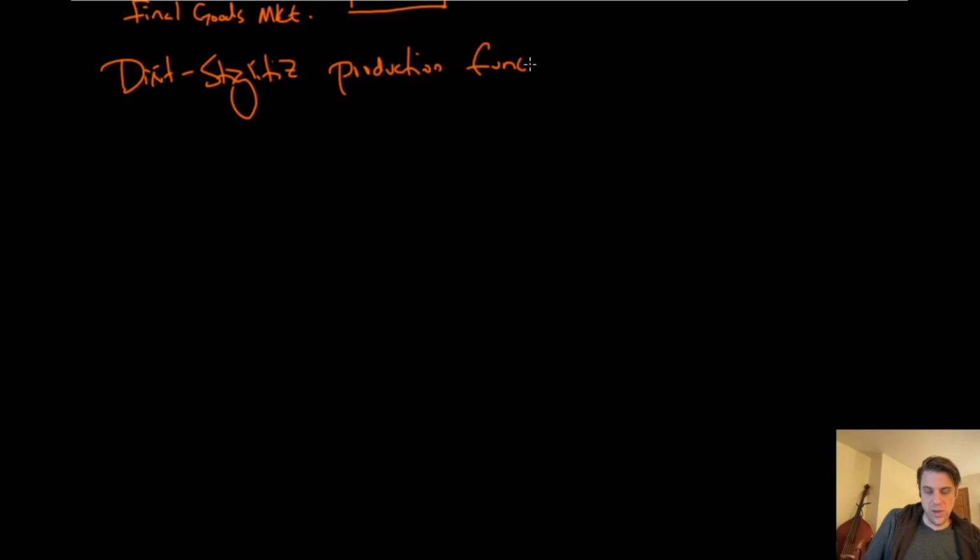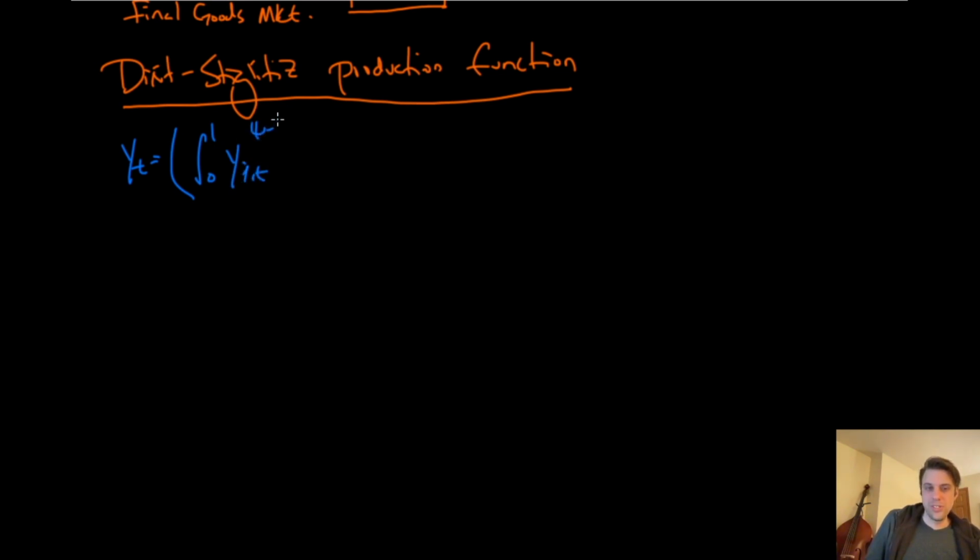This is a nice function to know about. It shows up everywhere. Anytime a model wants to work with monopolistic competition, then immediately they're going to reach for Dixit-Stiglitz. It is to monopolistic competition as Cobb-Douglas is to perfect competition. So what is Dixit-Stiglitz? It's going to be an aggregation technology, and it's going to describe how, you see me peeking, I'm peeking to make sure I don't get the function wrong, it's going to describe how the bundler puts together these different goods.